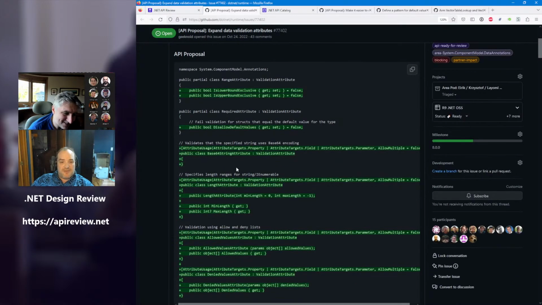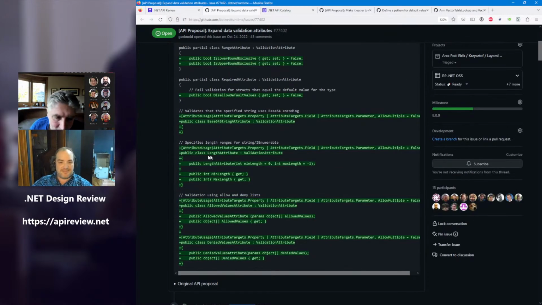Alright, base 64 string. Yeah, so as the name suggests, this would be applied to string properties, validating whether these are valid base64 string representations according to our own convert implementation for reading base64 strings.